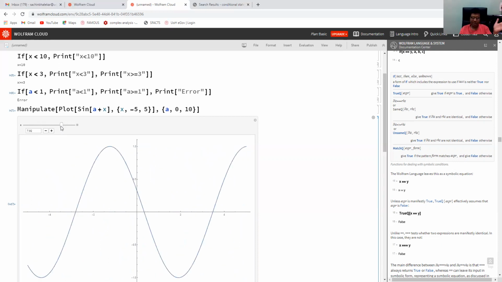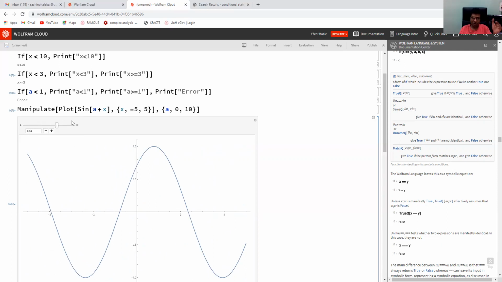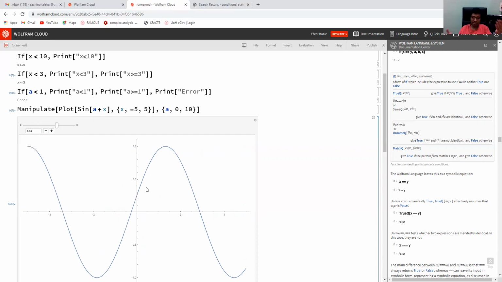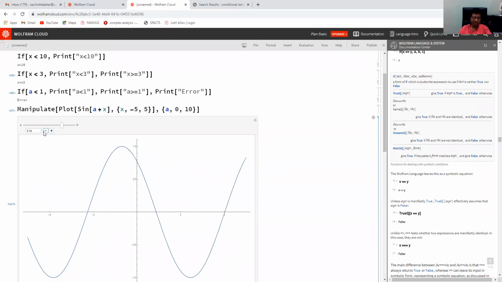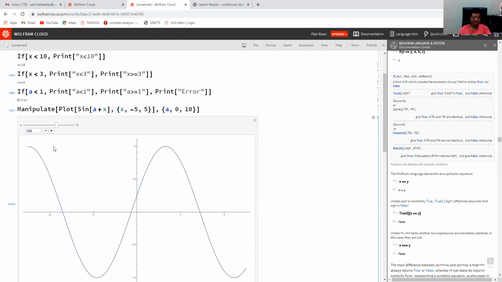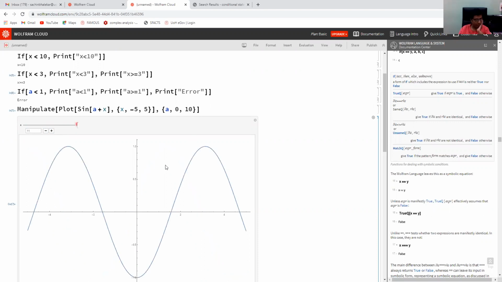So this is very simple. Even without using this component, you can tell the behavior of sin(a + x). But you may have some difficult thing which is not possible to describe manually. In such a case, such a Manipulate command will be helpful. Dragging is possible. You can press this plus sign or minus sign. Even you can put any value here. Instead of 10, you may put 11 also and press enter. It will provide the result.